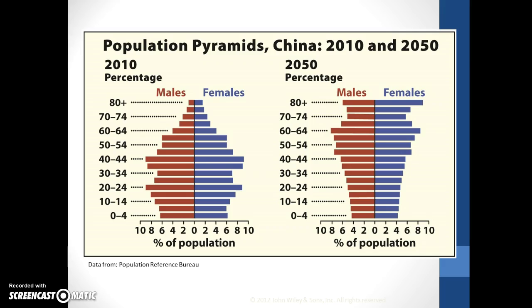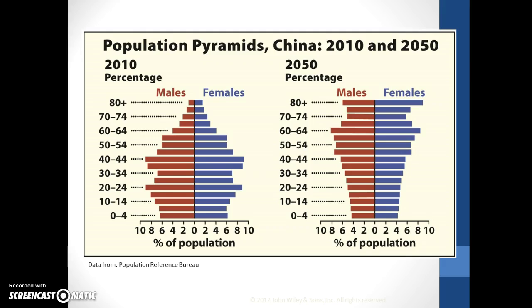So just to take a look at the effect of some of these anti-natalist policies, right? We've got a couple of population pyramids here from China. One from 2010 on the left and one from 2050 on the right, and a few things to just in general draw your attention to. One is you'll notice that on the left we've got approximately a bell shape, right? So population numbers have roughly leveled off. We see a few big generations and a few spots where it went way out and then back down, right, where they were kind of, for lack of a better term, fluke years.